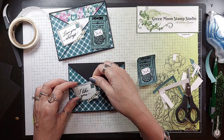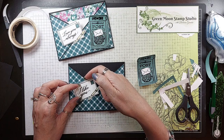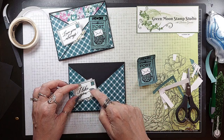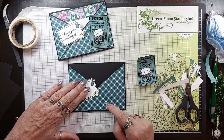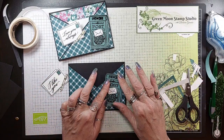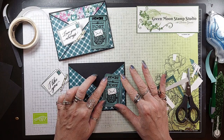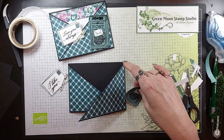So you'd want to not put dimensionals where it's not going to touch the paper. So just put dimensionals right in this area, like right there. And then same with this. If you put it on an angle like I did, you want to not put any dimensional right there. And then